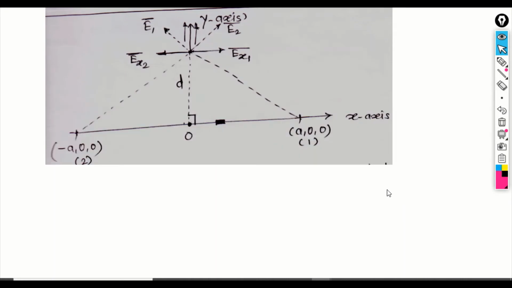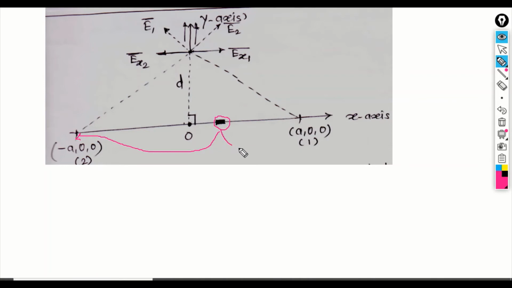I should now determine what will be the direction of the resultant total electric field intensity. Let us draw the components. If I move my dx point, this is your small dx. So if I move this dx point totally to (-a, 0, 0), and I join this point to point P, my arrow will be in the E2 direction. So this is the electric field intensity E2 due to the charge at (-a, 0, 0).